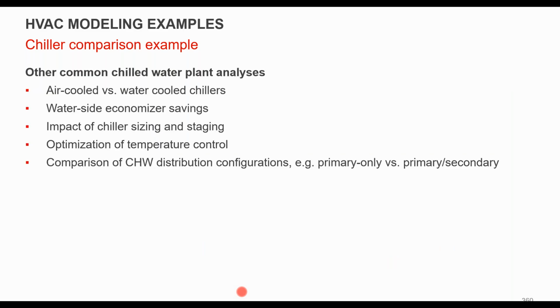So other things to look at for a chilled water plant, you could be looking at air versus water cooled. In that case, you might also need to be including water savings or potential water consumption, water side economizer, or an integrated economizer and an air cooled chiller. How you're staging chillers, if you have a larger plant, multiple sizes, you could have heat recovery chillers as well, where you're doing simultaneous heating and cooling. And then temperature controls and how you're controlling pumps as well, right? So in this case, we weren't really looking at changing these last two, but there's a lot of variation you could see from those two options as well.